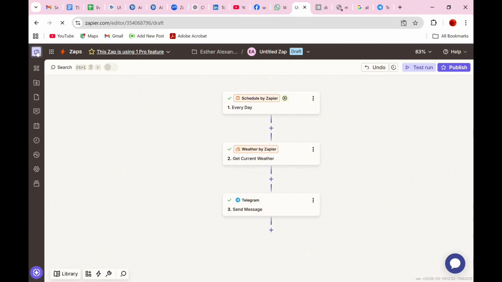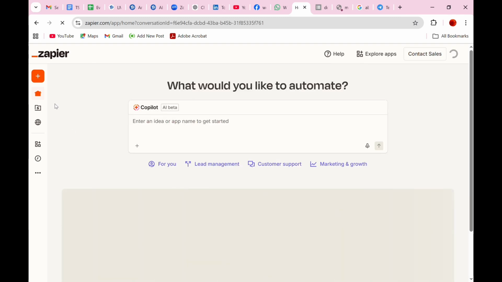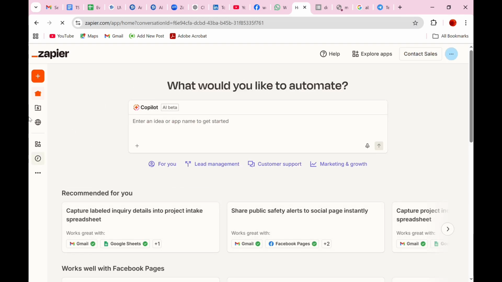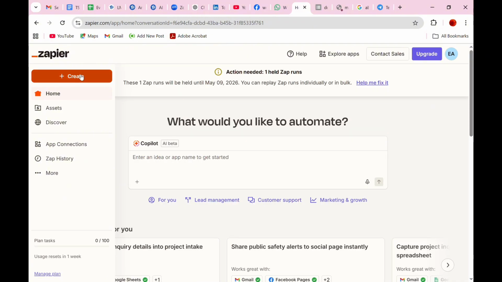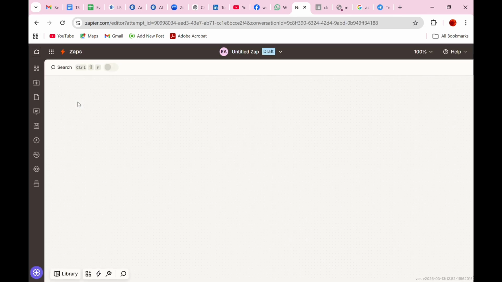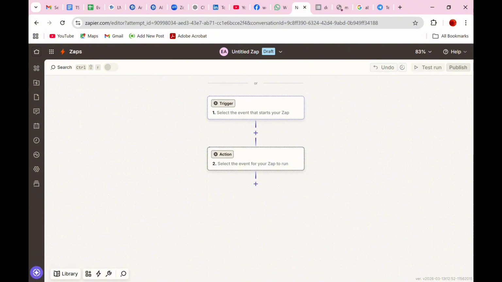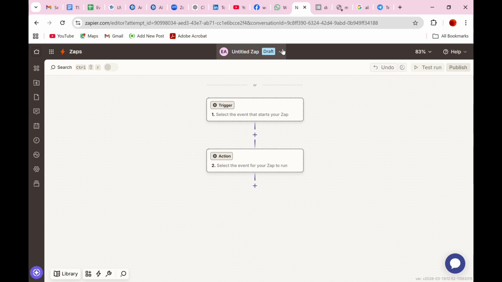So today I'm going to be showing you guys step by step how to create a simple schedule workflow with Telegram on Zapier. I know the last video I was very fast, so this time around I am taking my time to do this step by step. For those of you that missed the last class or any class and you don't even understand what to do, well, this is it. So first of all, we have to create a new Zap,